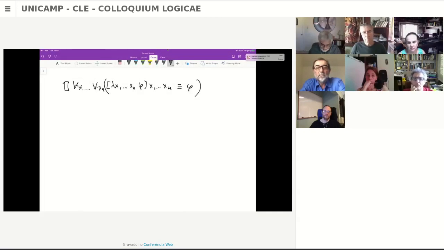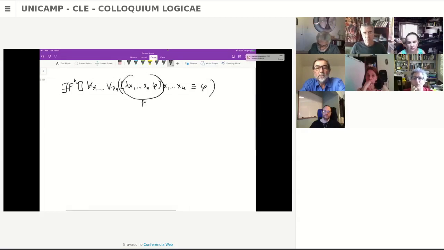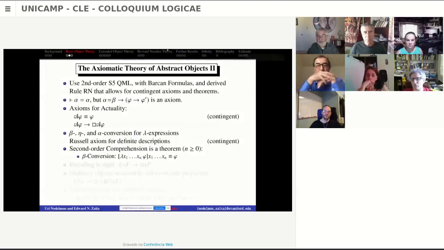You get there is an Fn such that Fn holds of X1 through Xn, if and only if phi. So that's how you derive the principle of second-order comprehension from beta conversion. And then one of the main features of the encoding mode of predication is that it's a rigid kind of